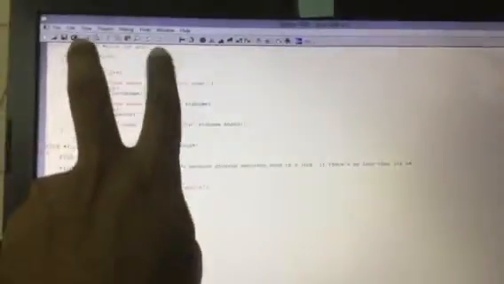Okay, in this video I'm going to talk about two things. One is function, another one is file input output. See, the first bracket is an example of a function where a user defines a function with certain conditions and